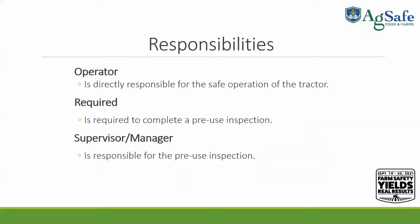Responsibilities. So the operator is directly responsible for the safe operation of the tractor. It is required to complete a pre-use inspection, and then the supervisor or manager is responsible for the pre-use inspection. So again, as an employer, upon hiring your tractor operators or equipment operators, and every year thereafter, or any time they are assigned a new job responsibility with a piece of equipment, it is your responsibility as the